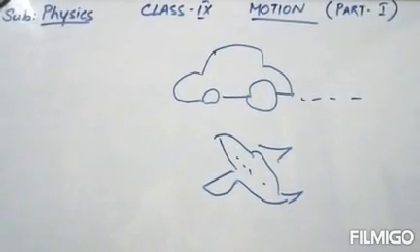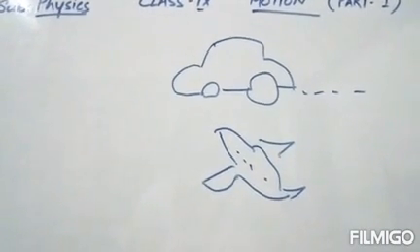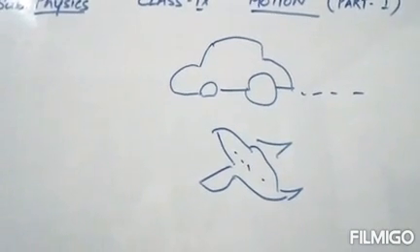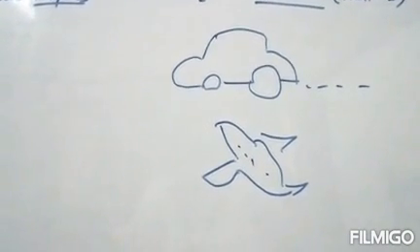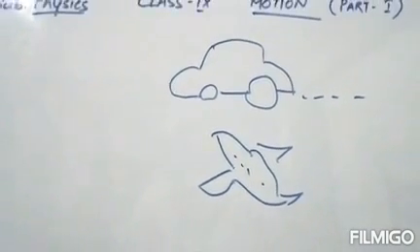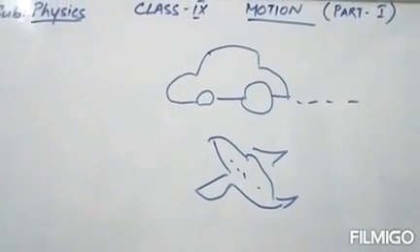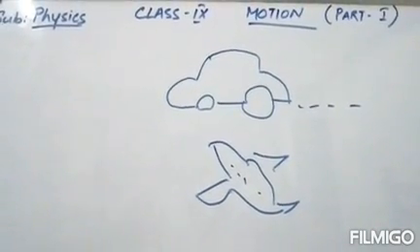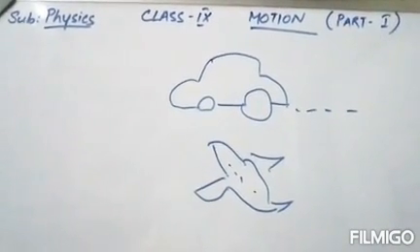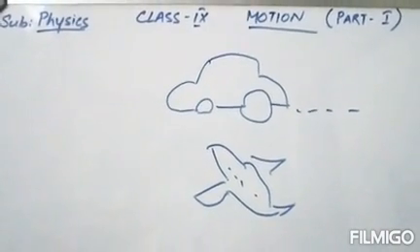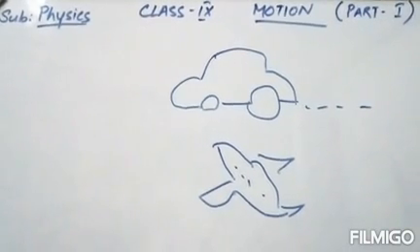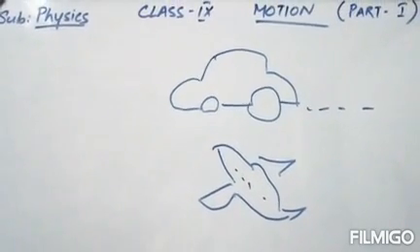Or suppose both the buses are moving together at the same speed, and from one window of the bus you are seeing your friend sitting in the window of another bus, and both the buses are moving in the same direction. So can I say that both are in motion? Let's see what motion is. In this chapter we will see the definition of motion, the terms, the different types of motion, and all these things.